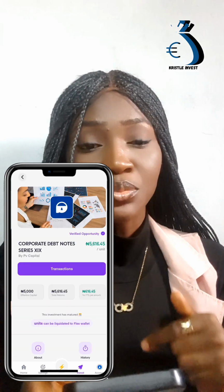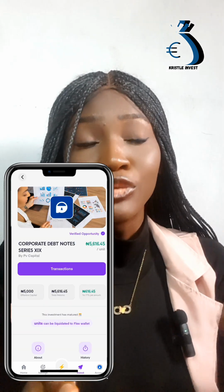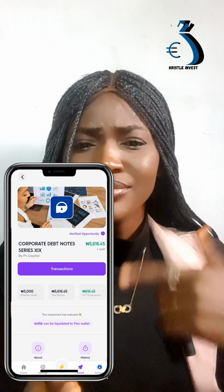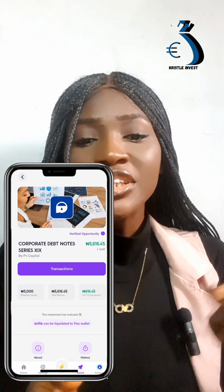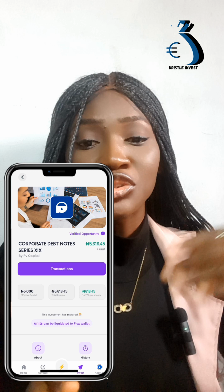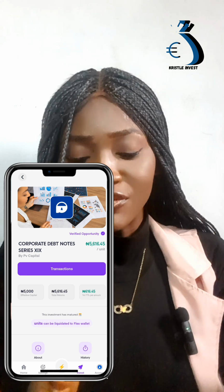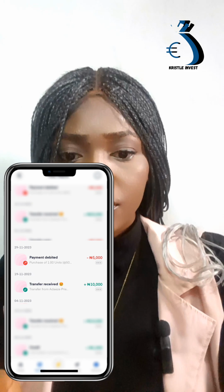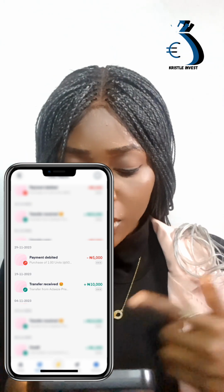For now, it's not a smart decision because currently inflation is above 30%. Inflation is currently around 30%. So we need investments that are matching our inflation or above the inflation rate. So back then, which was 9 months ago, as you can see, I actually bought this